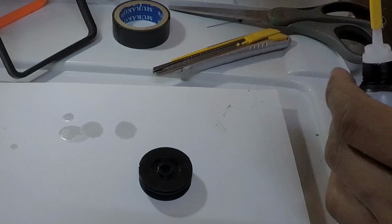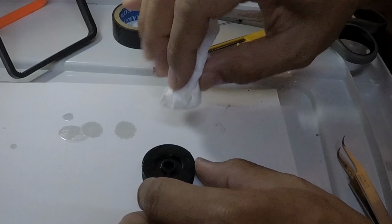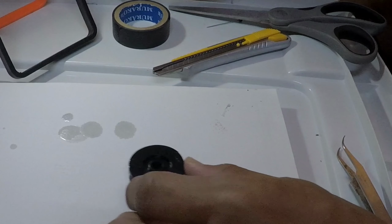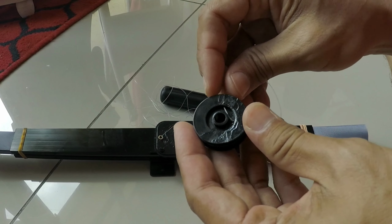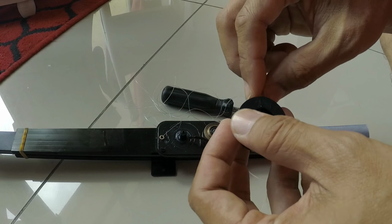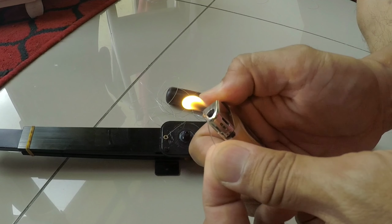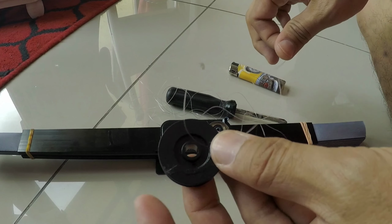See, so before we close up the cap of this super glue, just wipe the tip of the super glue, and also wipe off the excess glue that we have just applied to the spool, so that it is going to end up smooth. So I've left the spool to dry off, I mean the super glue on the spool to dry off, and now it's time to put back the strings. The end of the string should be tied off, and I burn the end of the string so that it will create a permanent